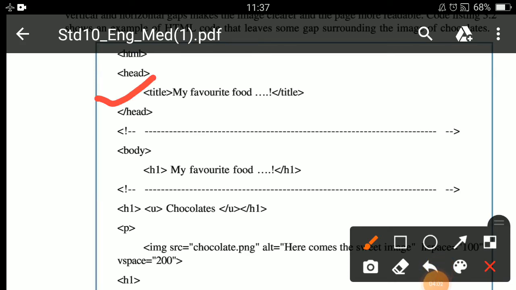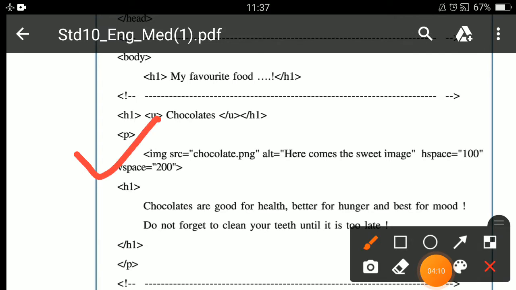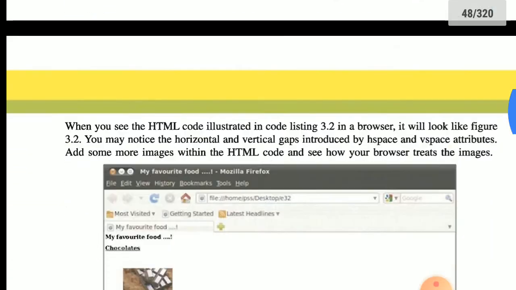In the body part, a header is given with the use of h1 and slash h1. And here one image is inserted. img src is equal to chocolate.png, alt is equal to here comes the sweet image, and hspace is equal to 100 and vspace is equal to 100.